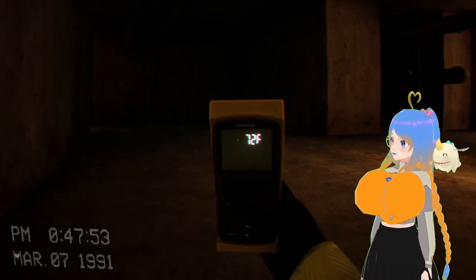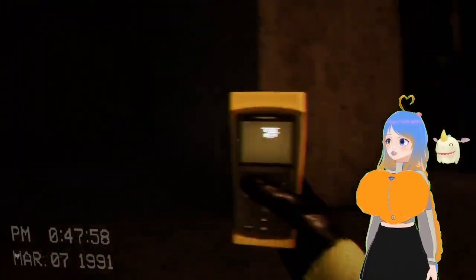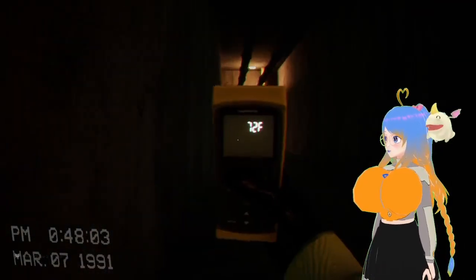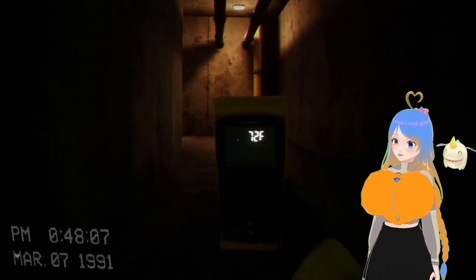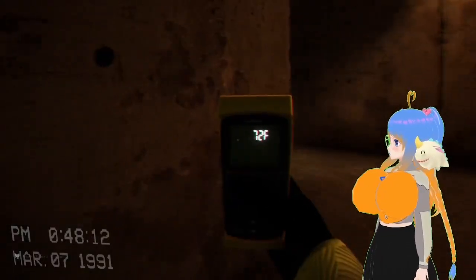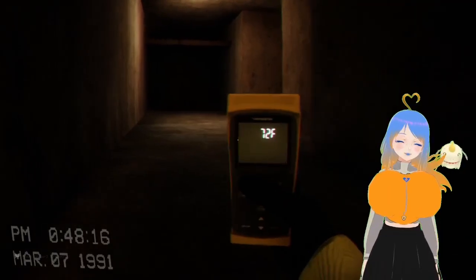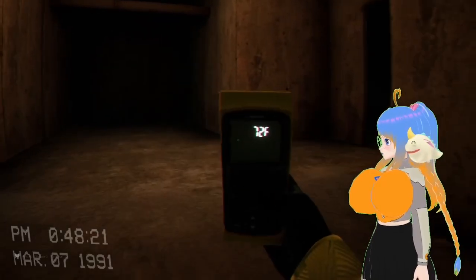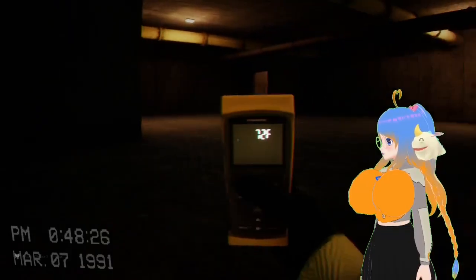Oh. Because A, this means I don't get any supplies, and B, this means I have however long it takes for my sanity meter to deplete to do this level. And as you can see, I'm at the bottom left, it's been a long time. So I have however long it takes for my sanity meter to drop. And I don't have a flashlight, so...